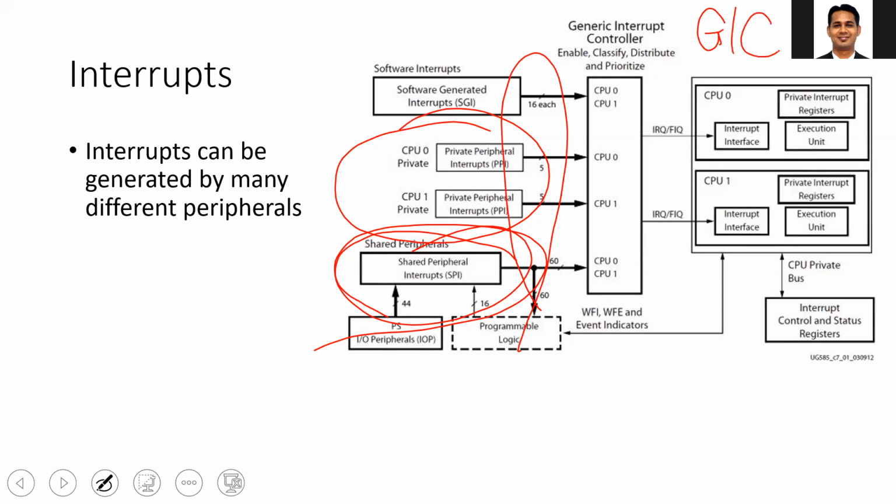GIC, which is the General Interrupt Controller, which is programmed by the CPU to enable and disable some of the interrupts, to prioritize the interrupts. Then some of the interrupts can be processed by both the cores. Which core gets a particular interrupt is also decided by this GIC. From this you can see that there are two interrupts, IRQ and FIQ, going to each core, and then the processor goes to the appropriate mode, and then the corresponding interrupt handler execution takes place.